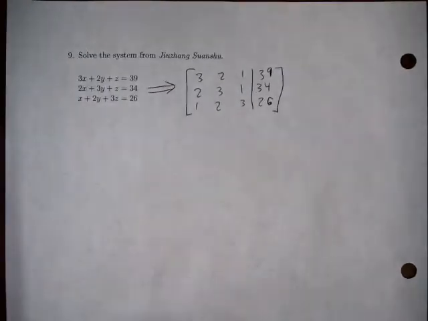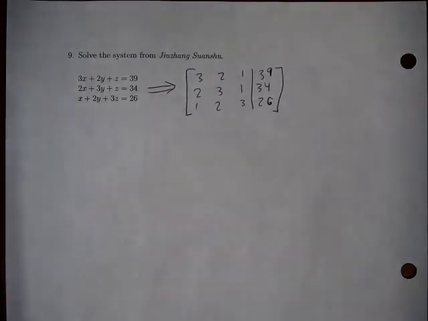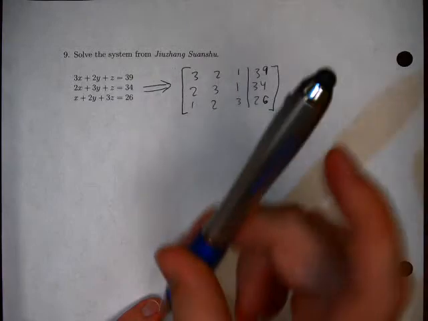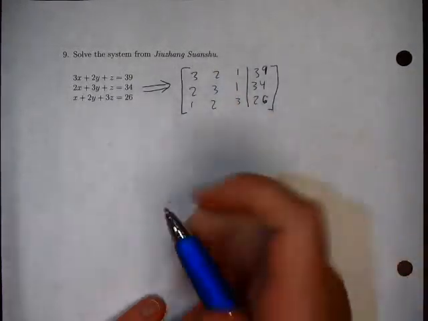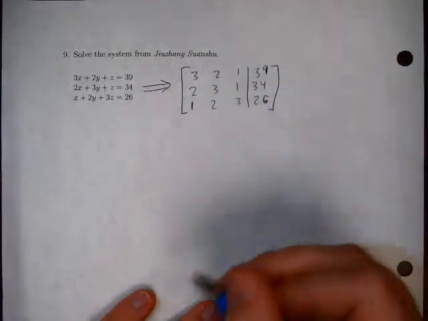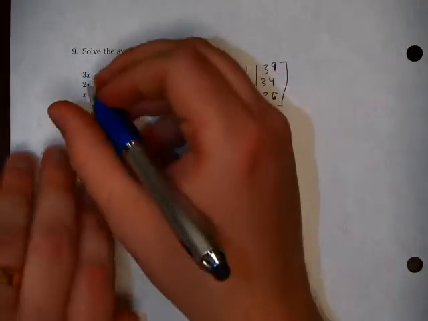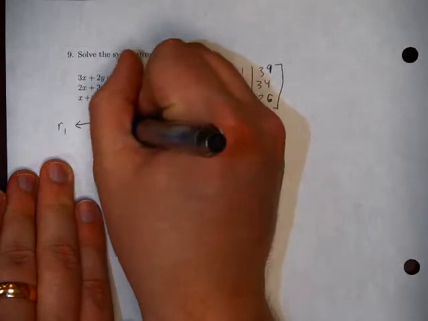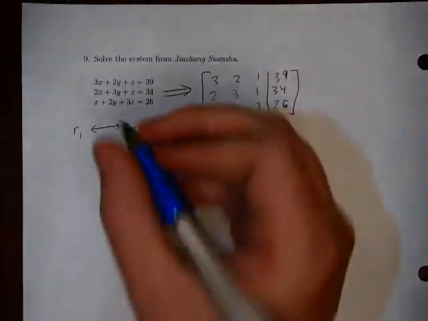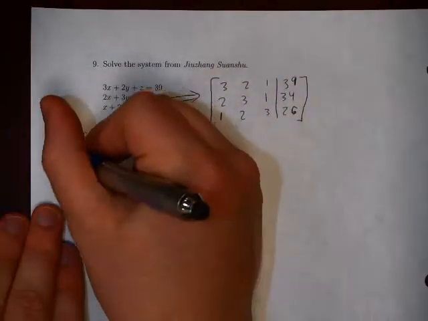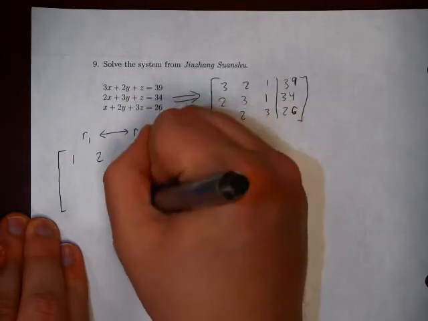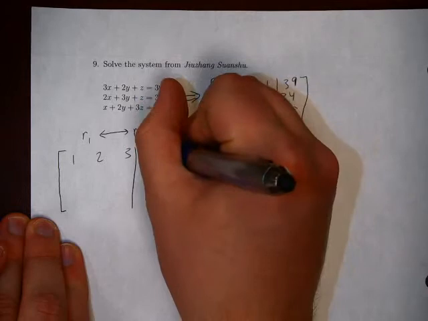And so what we want to do is get this in a reduced or echelon form. So the first thing we need is a 1 up here. Now the easiest way I think for us to do that is to switch the first and the third rows. So let's take row 1 and switch it with row 3. So what that does for us is it gives us the following matrix. 1, 2, 3, 26,